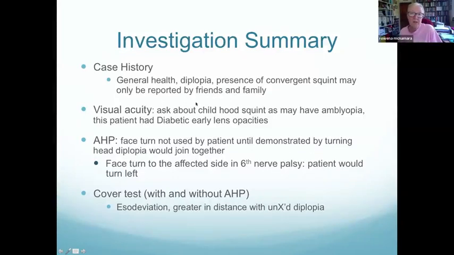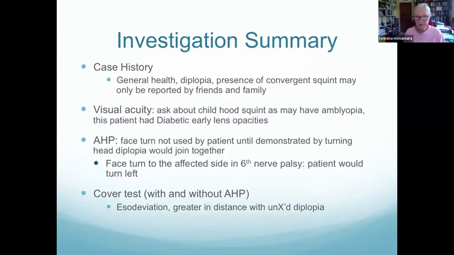So thinking of the summary of what we've found so far, we have a case history of a patient who has general health problems. He's got diabetes, high blood pressure, cholesterol problems, and heart condition. He has had diplopia before. He's got an esotropia, he's got a convergent squint, which even if he hasn't noticed, then sometimes family members or friends will have reported it. His visual acuity, always ask if there was any childhood squint or any trauma, but this patient has diabetic early